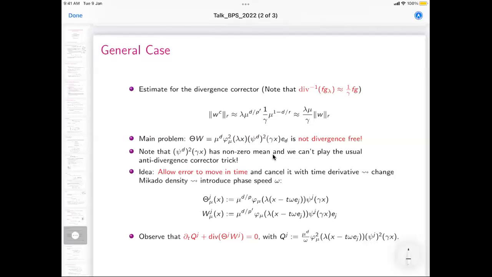And once you know what to do, then you can actually do the back calculation. It's not difficult to see that I can calculate what is the divergence of theta W. And then I want to come up with Q such that del Q would be exactly that. So this is a vector. Right? Now the drawback is that now you will have another parameter omega, because you are actually transporting the Mikado flow. So just to